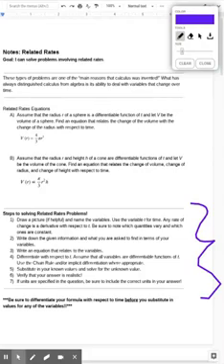And here, we'll practice implicit differentiation with these formulas right up here, these related rates equations. So let's assume that the radius of a sphere is a differentiable function of t, and let V be the volume of that sphere. Find an equation that relates the change of volume with the change of radius, all with respect to time. So this one, we differentiate the volume, which will be dV over dt equals,